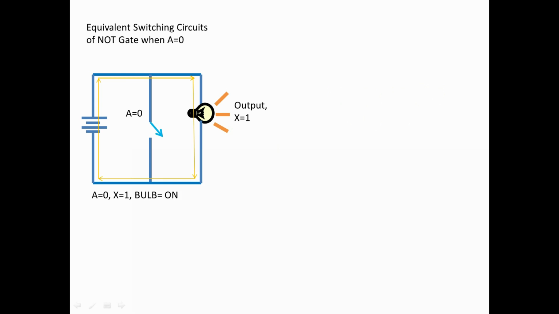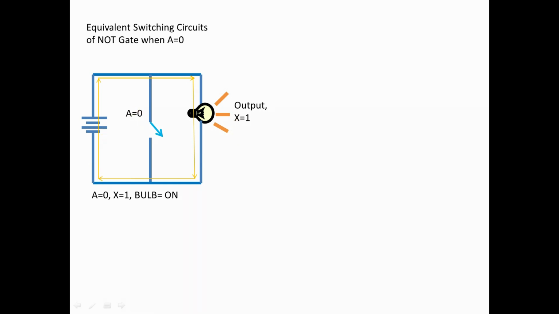The working of the NOT gate can be explained by using this equivalent switching circuit. This is only to understand the working of the NOT gate. It is not the actual circuit inside that IC or that NOT gate. It is the equivalent circuit when A is equal to 0. There is only one input. That input is replaced with a switch. When A is equal to 0, that switch is opened. When the switch is opened, there is no closed path to flow the current through the switch. Hence, the current flows from the supply to the bulb. Hence, output equal to 1.